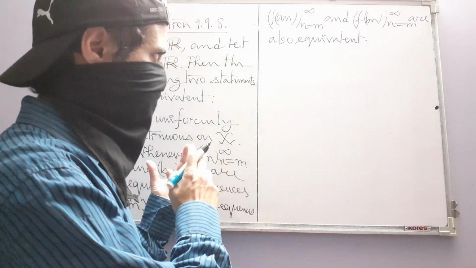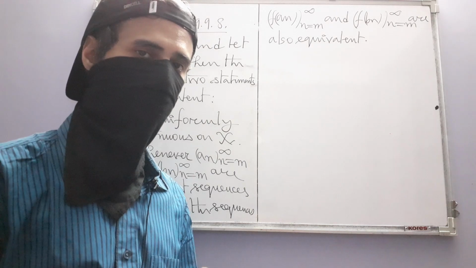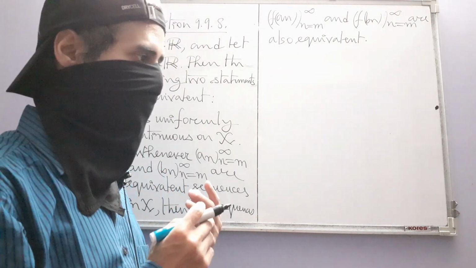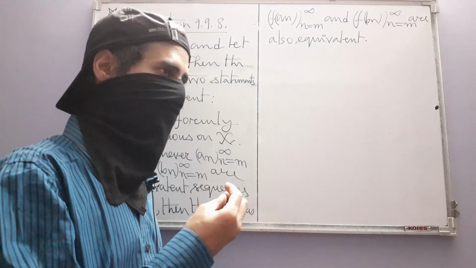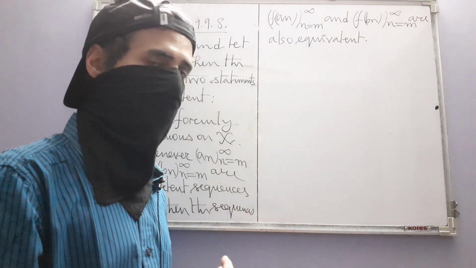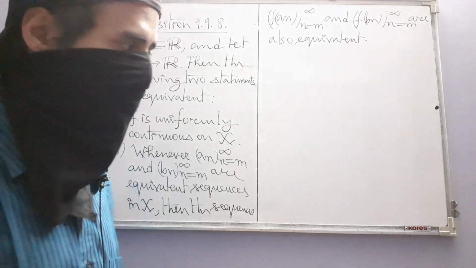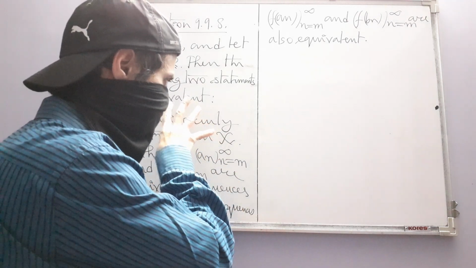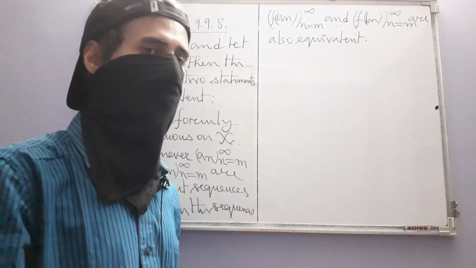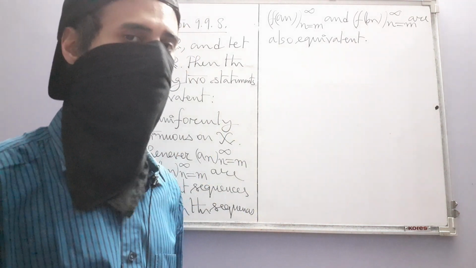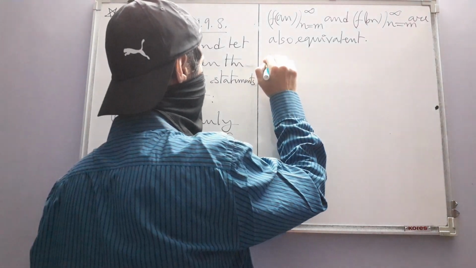We can compare this result and the sequential formulation of ordinary continuity by saying this: a function is continuous if and only if it preserves convergence of sequences, and a function is uniformly continuous if and only if it preserves equivalence of pairs of sequences. And the proof is,